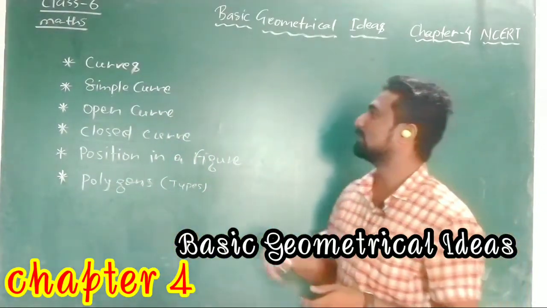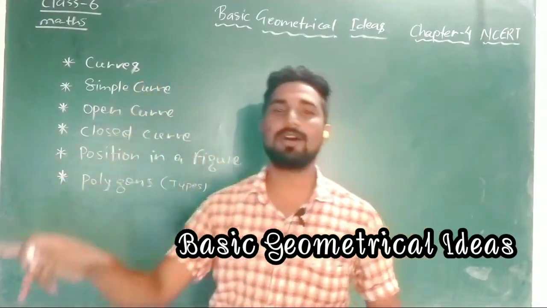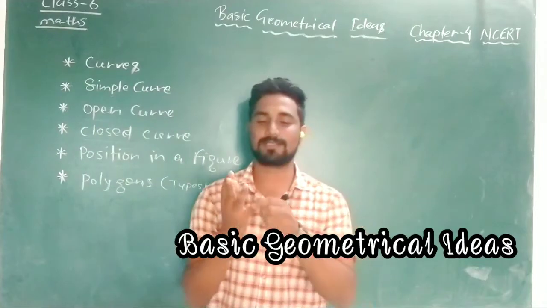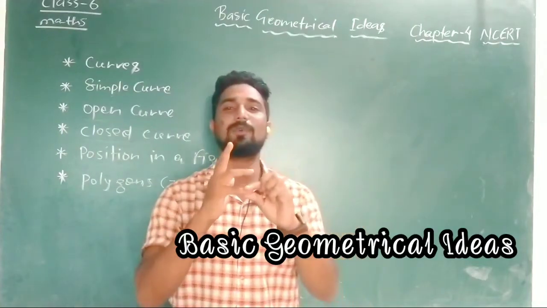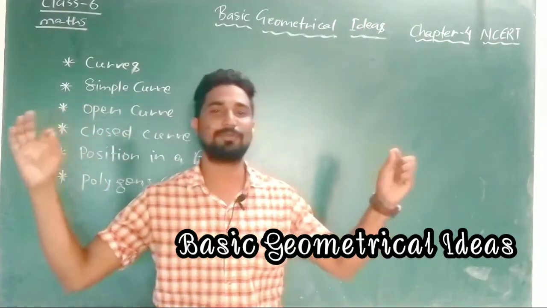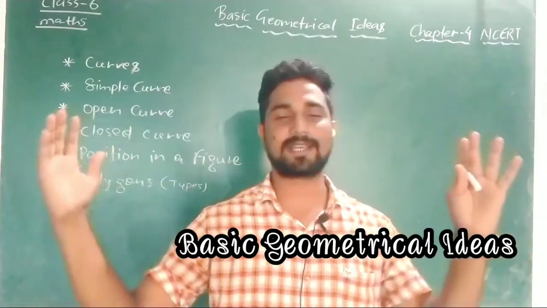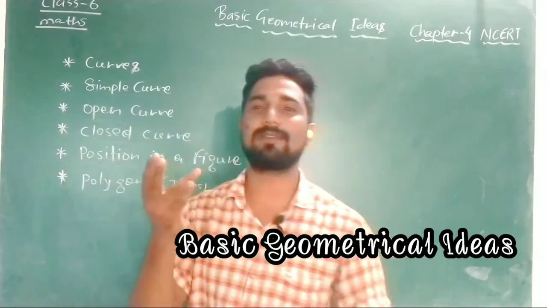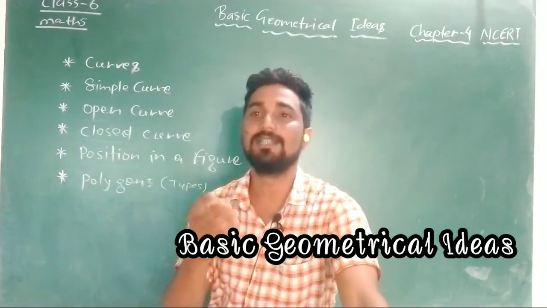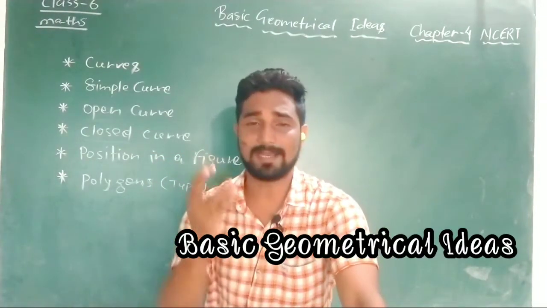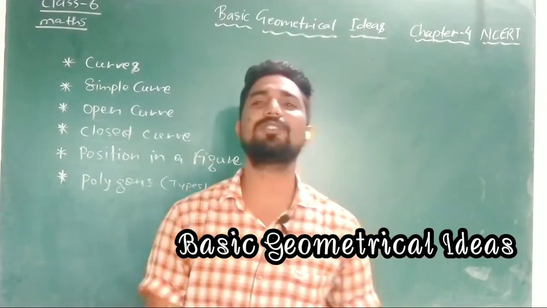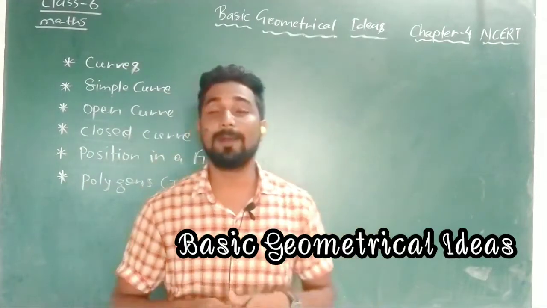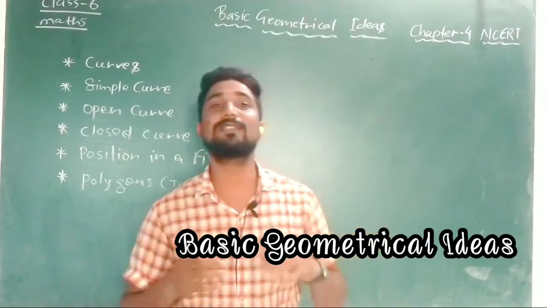So let me tell you first, what is a curve. Till now whatever we discussed was a straight line. A line segment, what was it? The shortest distance between two fixed points. So it is straight, and a line is a straight path. You must have read about the ray, and line segments. Thereafter several things were parallel lines, intersecting lines. These all are related to straight lines. These all are straight. But what we are going to read now is not straight.